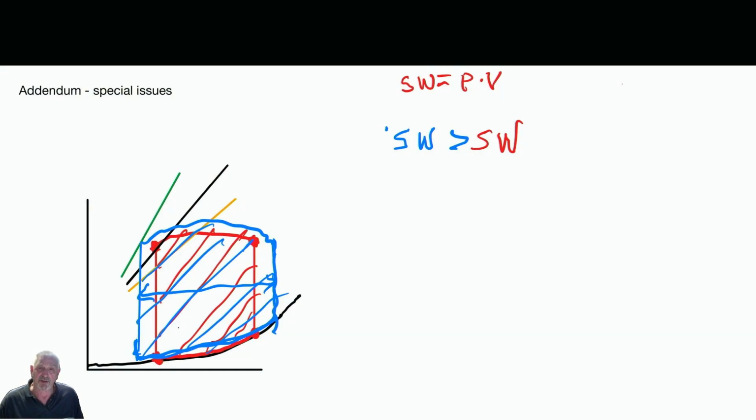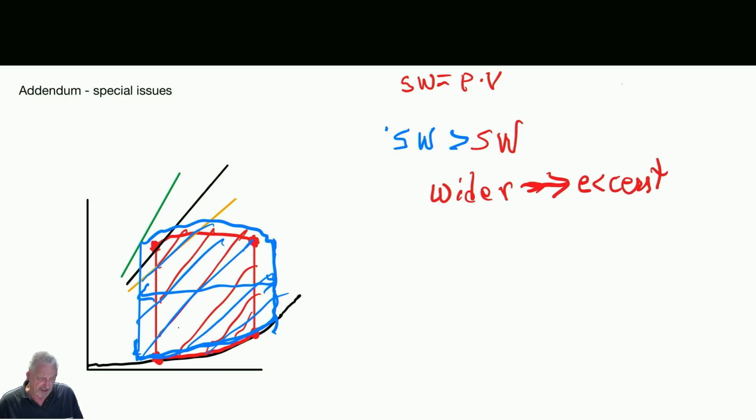And when the stroke work goes up because the loop got wider, the type of hypertrophy that we get is so-called eccentric hypertrophy. That is, the lumen of the ventricle gets bigger. The wall thickens a little bit, but the major thing that happens is that the lumen goes from this to something